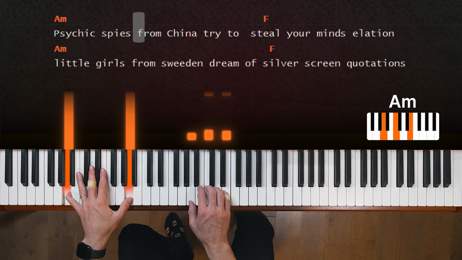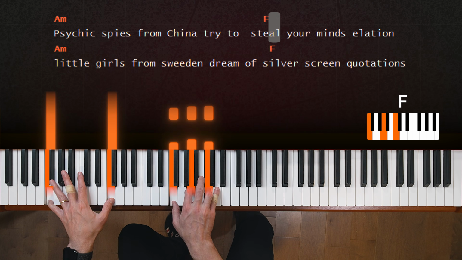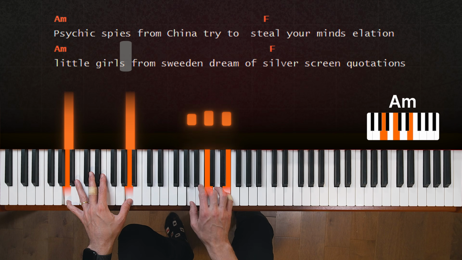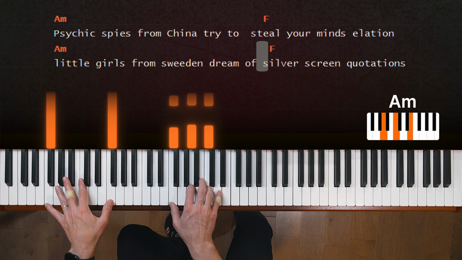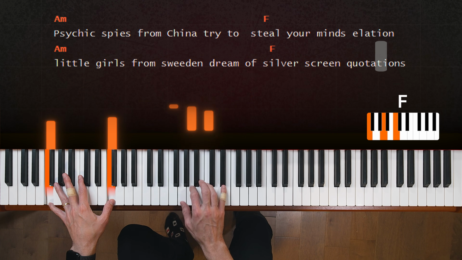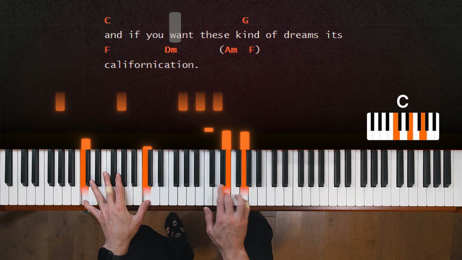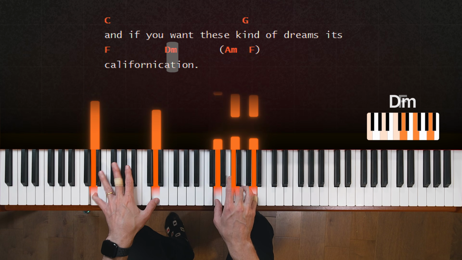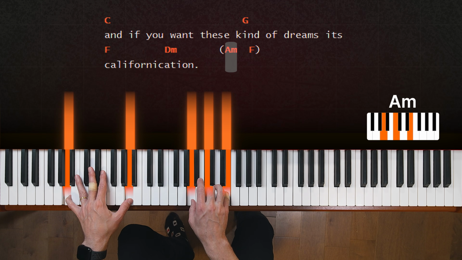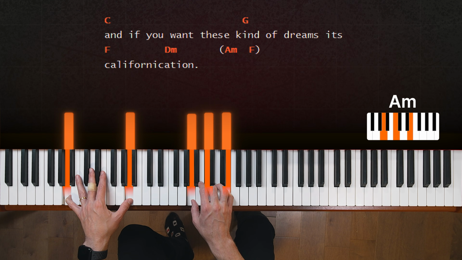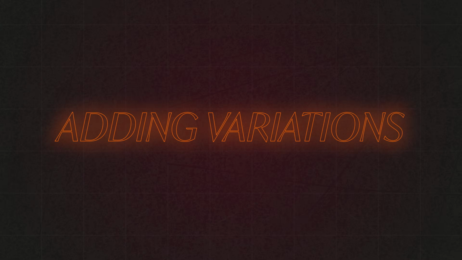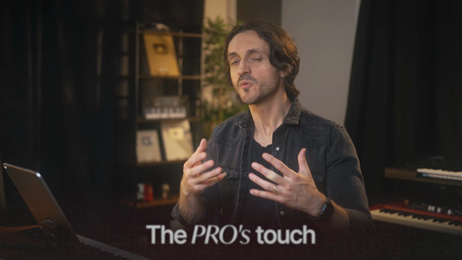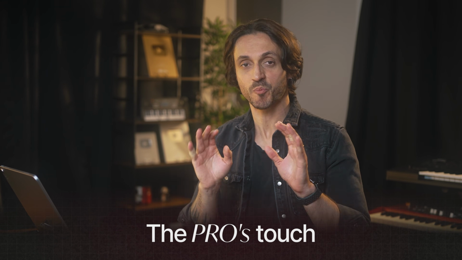Psychic spots from China try to steal your mind's elation, and little girls from Sweden dream of silver screen quotation. And if you want these kind of dreams, it's Californication. Now for the third step, it's time to add a little bit of special touch, the